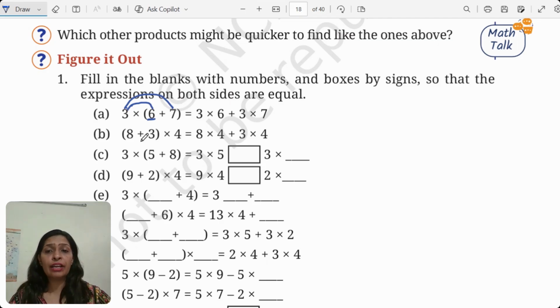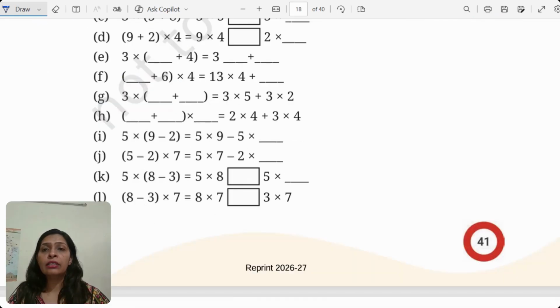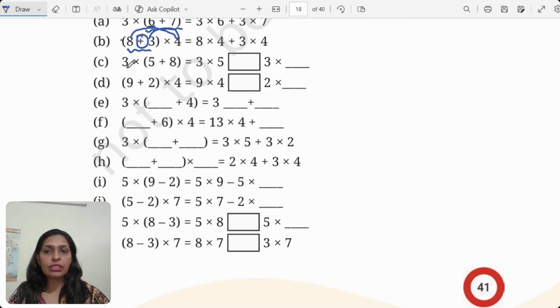And second thing that we have to understand, it is not every time the bracket has to be on the right side. In fact, the bracket can be on the left side as well, but the rule will remain the same. Means 8 is going to multiply by 4, then 3 is going to multiply by 4. An operation, whatever is here. And accordingly, if it's plus then plus, minus then minus, and so on. So keeping these points in mind, we are going to cover all the parts here, that is part C onwards. So now let's be quick in solving it.